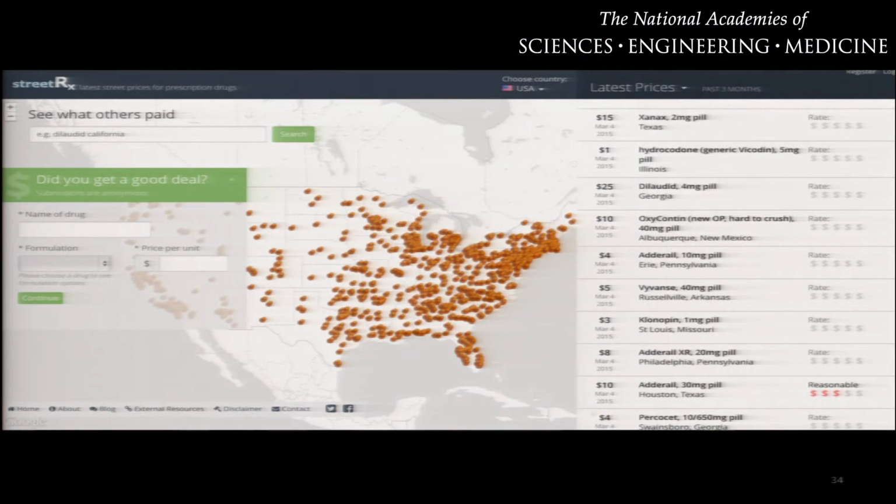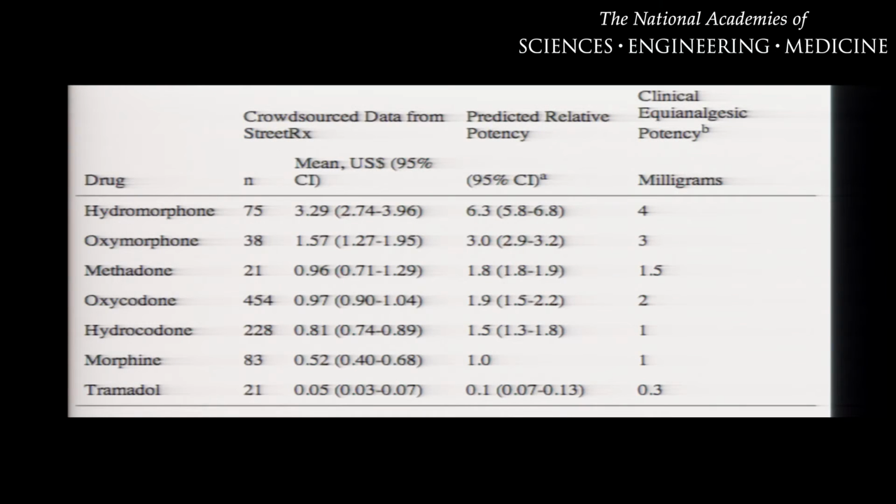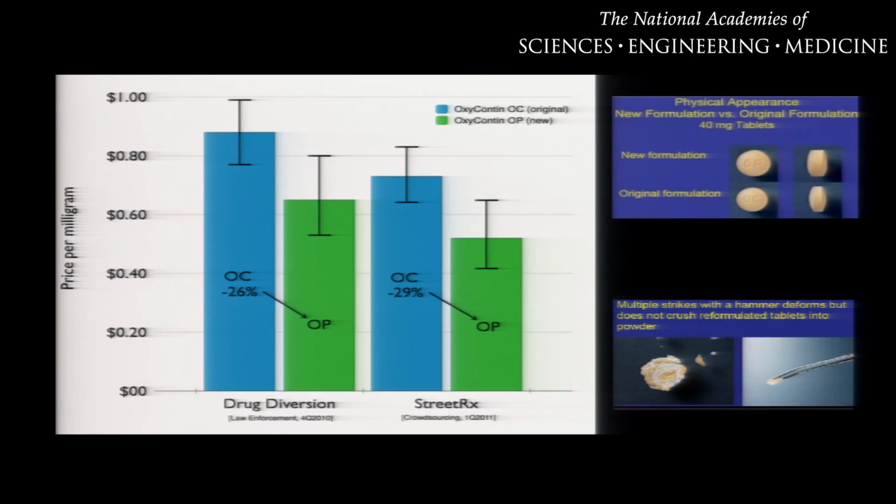From that perspective, we built another platform called StreetRx, where people report the price they paid for pharmaceutical products, crowdsourcing the black market value of these products. We have incredible data on what is upcoming and which products are most in demand, and good insight into the value of products, which, as you can imagine, is highly related to potency. The more potent the product, the higher the street value; the black market is very smart to that. We can see that this data correlates incredibly well with law enforcement data, and this was probably the first paper ever to use Silk Road data in an academic publication.